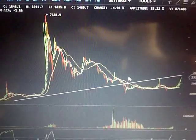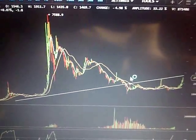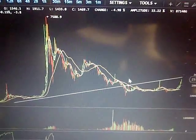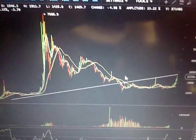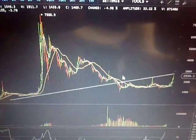Like, I look at it the night before and I'm thinking, wow, this is amazing. The price just keeps going up, and I wake up in the morning, it's higher again, and you know, that's awesome, but that's also a little concerning, because when the price moves that much, it makes you wonder what's going to happen. But anyways,